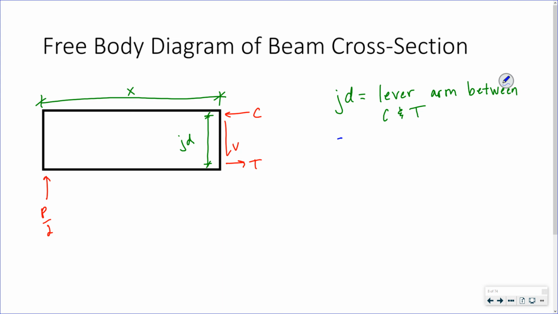So if I do the sum of the forces in the x direction equals 0, I get C equals T, right? I get my compressive force equal to my tension force. If I do the sum of the forces in the y direction, I get my shear is equal to P over 2, but we're not going to care about that right now. I'm going to take a moment,